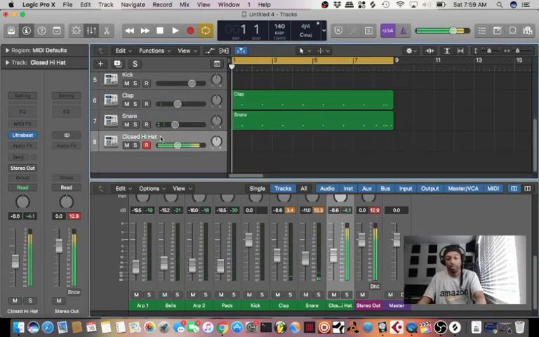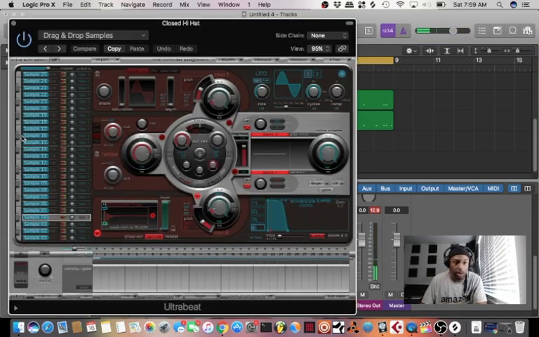With this hi-hat, what I typically do, I like to pitch down my hi-hat. So I'm gonna load up Ultra Beat and find my hi-hat. It's right here. In this notch, where this knob is right here, I'm gonna cut it down, and this will cut down the pitch. So when it goes from this,